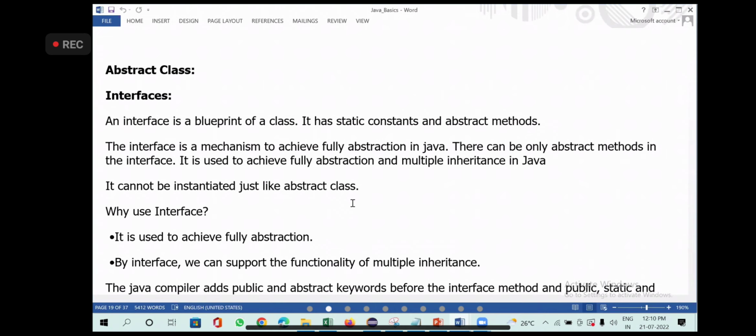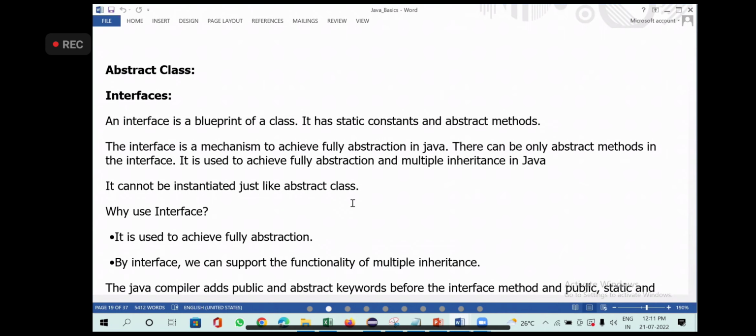The next one, same line continuation: any class that extends an abstract class should provide a definition for the abstract method.